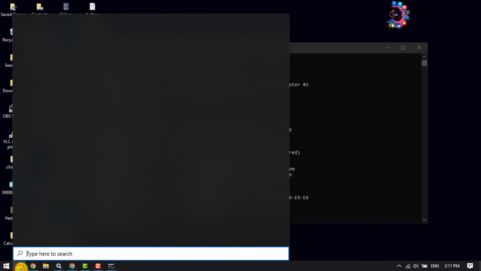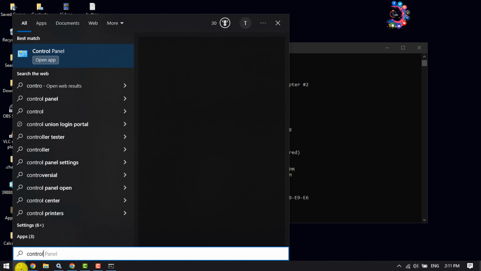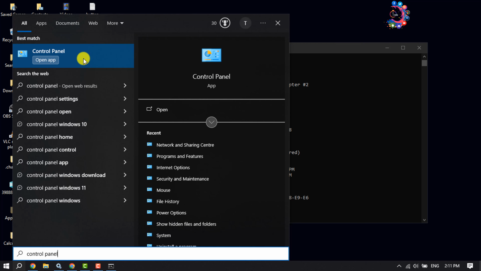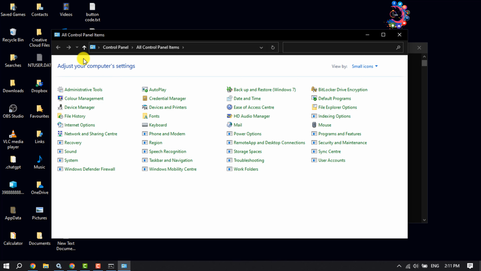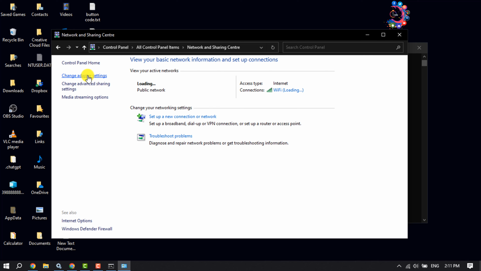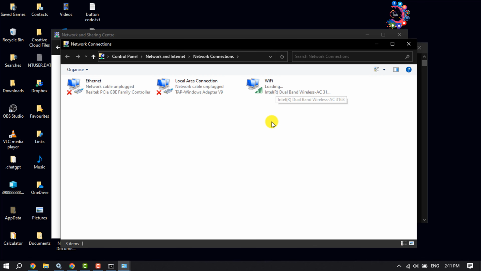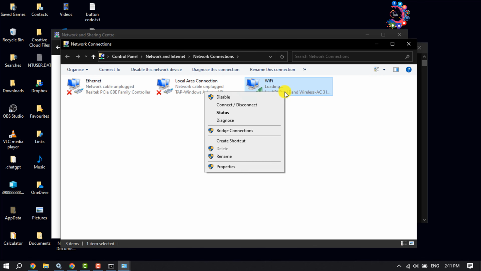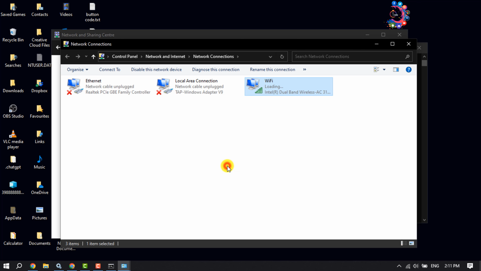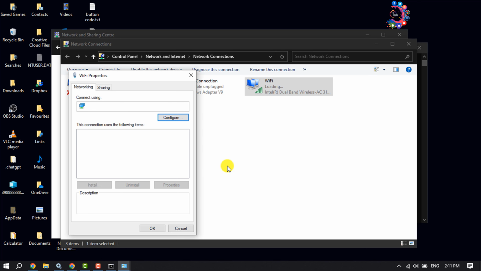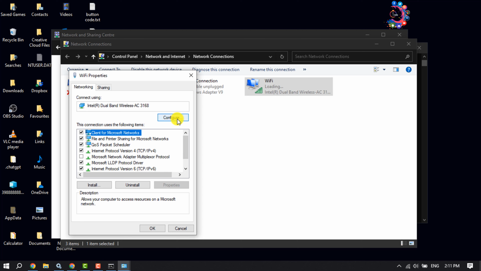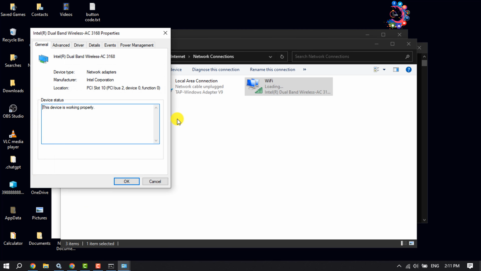Again click on the search icon and type control panel and open Control Panel again. Again click on Network and Sharing Center and click on Change adapter settings. Right-click on your connected internet, click on Properties, click on Configure and select Advanced,